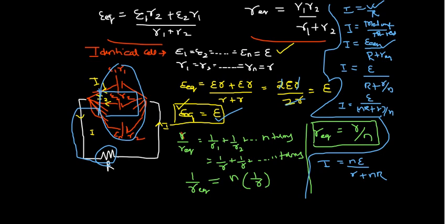Okay, you can also make the notation different. Because in the previous session, when the cells were in series, we took small n. Now too we took small n. We can make it m. Okay, therefore the equation looks like mE divided by small r plus capital N small n into capital R. That is the final answer we are having.